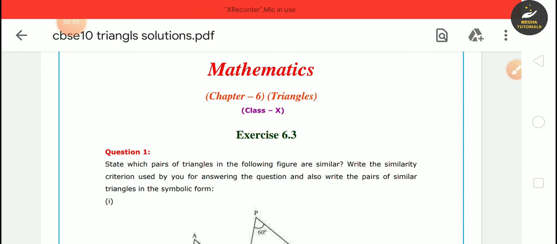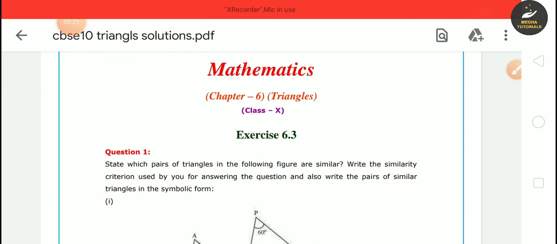CBSE 10 Chapter Triangle Exercise 6.3. First question is, state which pairs of triangles in the following figure are similar. Write the similarity criteria used by you for answering the questions and also write the pairs of similar triangles in